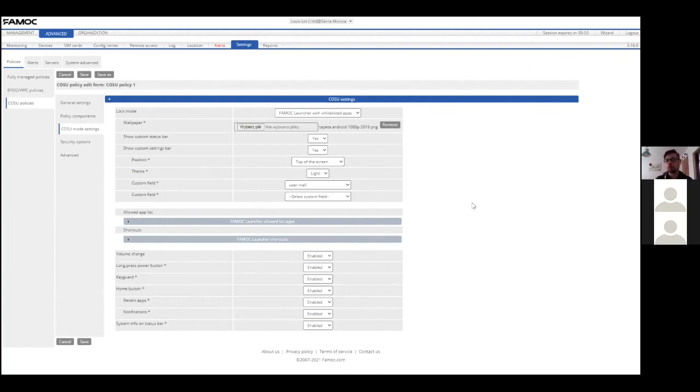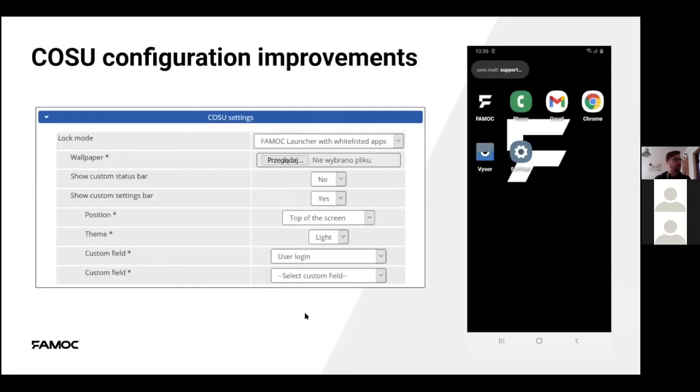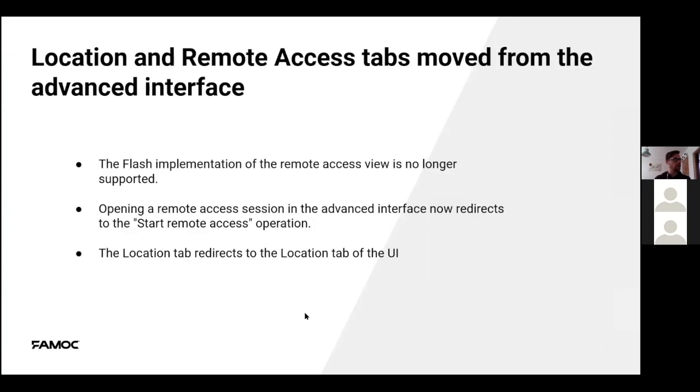It can be used, for example, if the device is used by many users. If one device is shared by many users which log in on the device, I can see who is currently logged on the device. So I will have the information who is using the device. So it gives us some more information about what's happening with it. So this is the new thing, and the last thing I wanted to mention is